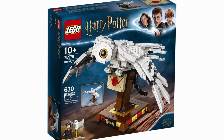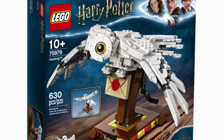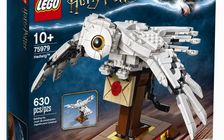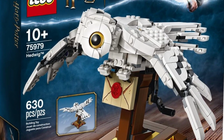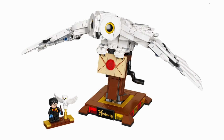Okay, so here we have the Hedwig set here for the buildable figure, and this one is set number 75979, and this one is going to include 630 pieces and include 1 minifigure, which will be Harry Potter, of course, and this is an exclusive version for this set, which is pretty cool. And this one in the US is going to retail for $39.99,